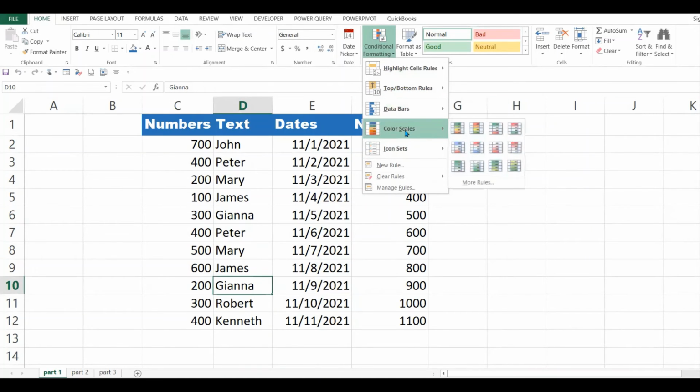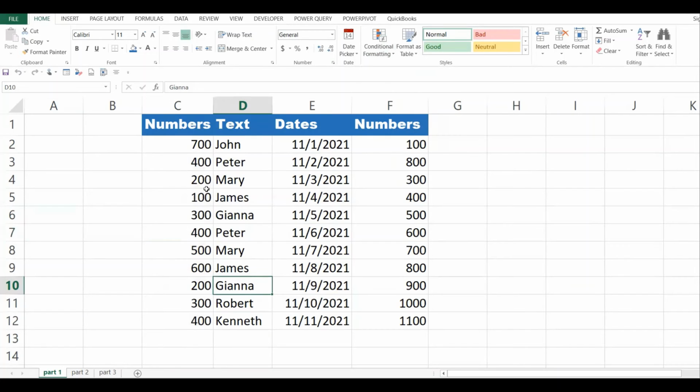Next is color scale. This one colors based on the number. So assuming that is 200, that is 300, this is 400, this is 500, this is 600, 700, 800, 900, 1000, 1110, like so. I want to use the color scale.